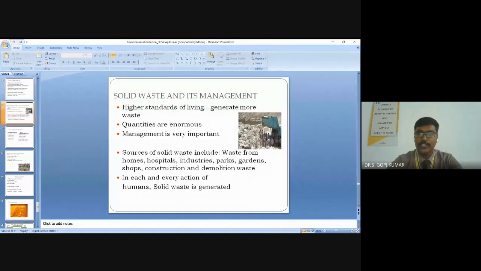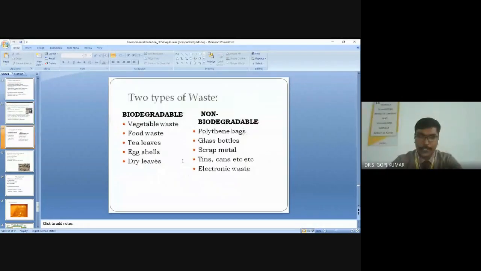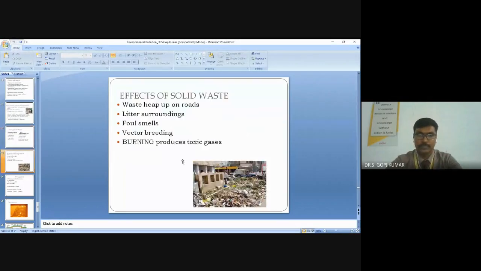And solid waste and its management, where solid waste is to be separated based on biodegradability and non-biodegradability. The components considered under biodegradable are vegetable waste, food waste, leaves, egg shells, dry leaves, and in case of non-biodegradable, it is polythene bags, glass bottles, scrap metal, tin, and electronic waste. And effects of solid waste are,